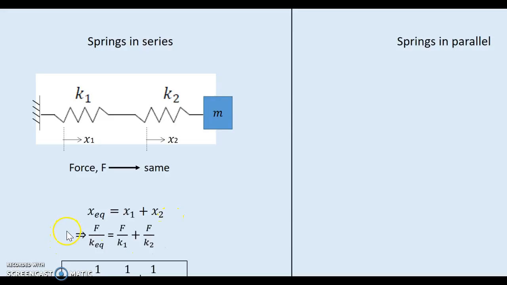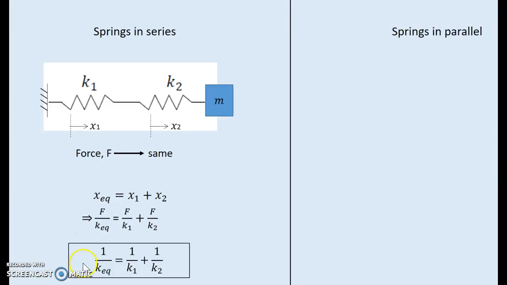From equation 1, we can write F by K equivalent equal F by K1 plus F by K2. Therefore, the equivalent spring stiffness for series can be written as 1 by K equivalent equal 1 by K1 plus